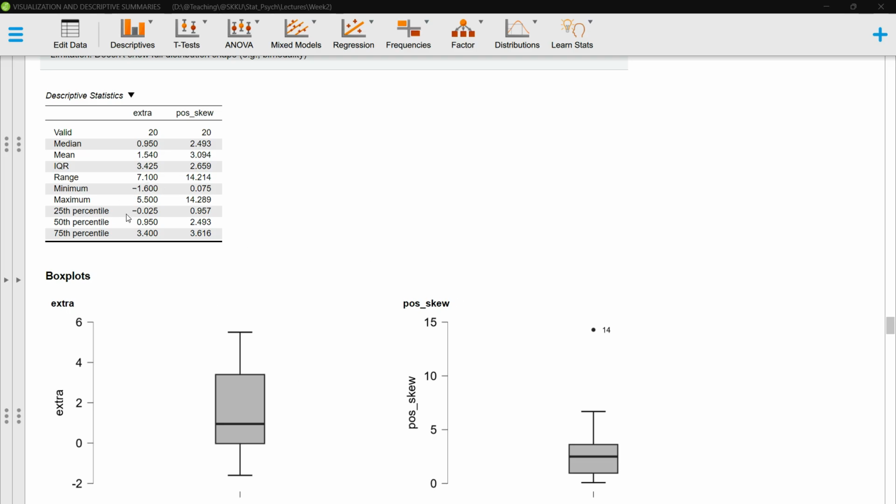So for the box plots we use these five numbers. In the case of the first variable, extra hours, we just use these five numbers. And for the second variable, because we have an outlier in this case, we have this number and the remaining three quartiles. But this one should go here, right? And then we don't have the maximum value except this value. So we cannot decide what the end of the upper whisker is from this table.